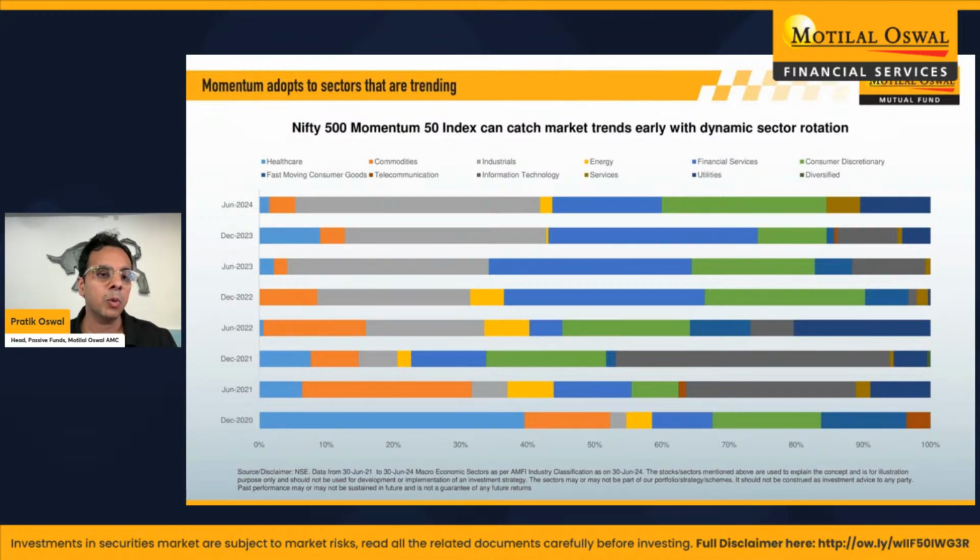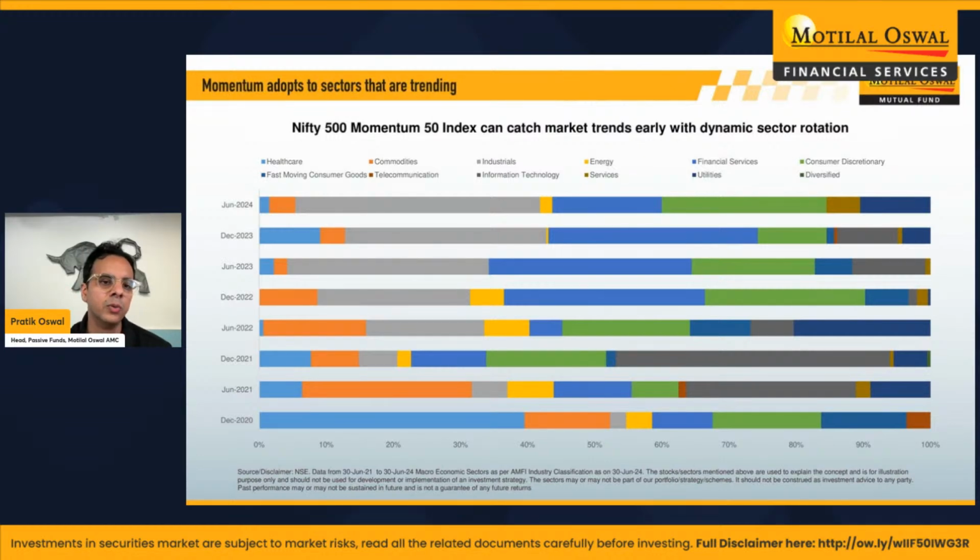So for example, momentum in 2015 would have been quality, because quality was working. Momentum would have been, say, growth in the last 4 to 5 years. Momentum would have been value recently. So whenever value is working, momentum will become value. Whenever quality is working, momentum will become quality. Whenever growth is working, momentum will be growth. So it's a very style agnostic strategy. It will shift in terms of dynamics every time there's a shift in the market. And I think that's one of the USPs of this fund. It's very style agnostic. It will do whatever is working. That's something which is very unique.